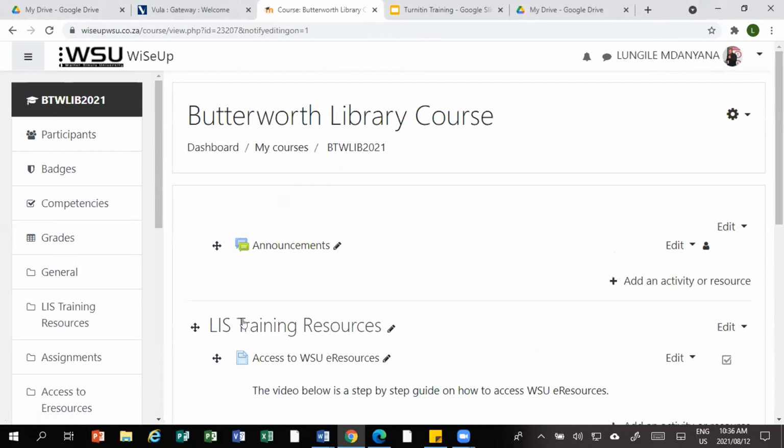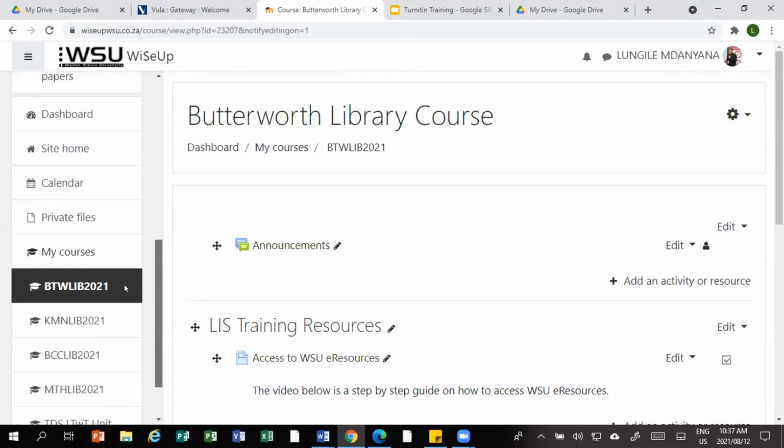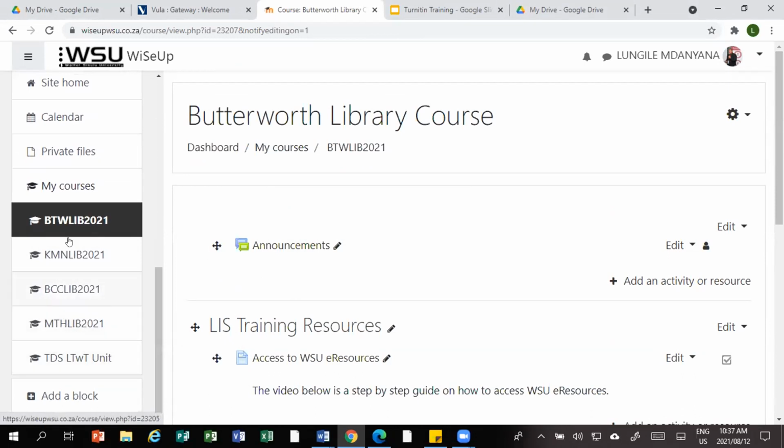So this is one of the courses. This is one of the library courses that I will be using today. So what you simply do is that you log into your Moodle account, and then on the navigation menu, you will have all your courses. For example, here I'm having about 5 courses. So in order for you to be able to create this assignment, you need to be an instructor of that course. So if you don't have the instructor rights, then it means you won't be able to create any